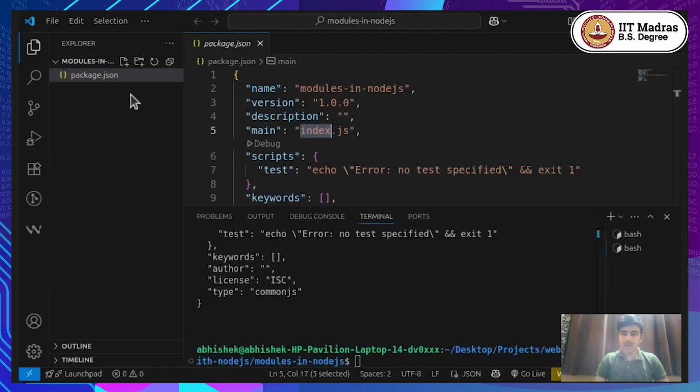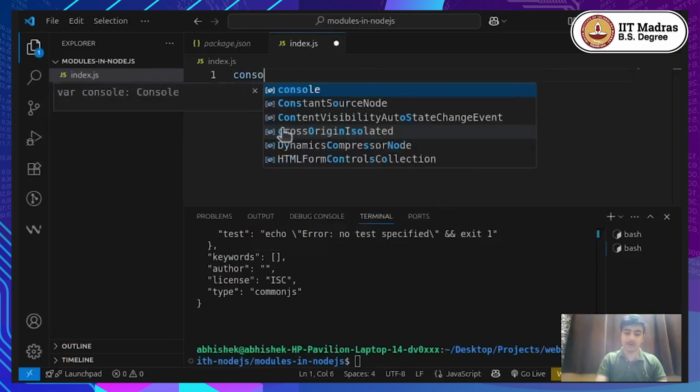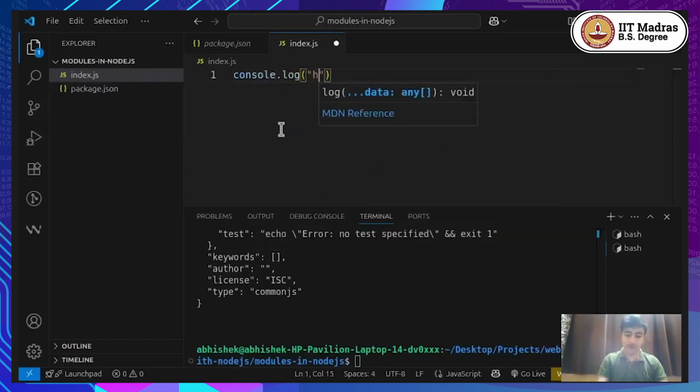Okay, so let us quickly create a new file called index.js and write some JavaScript code here to check if we are able to execute JavaScript at all here or not. So I would say console.log hello world, and I will try to execute it. To execute this code, all you need to do is to type node and the file name you wish to run